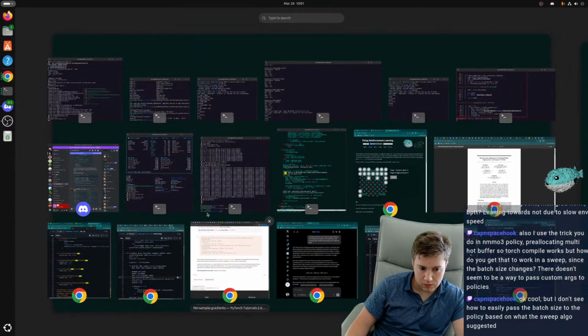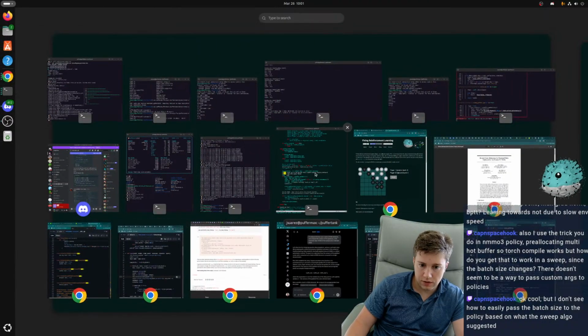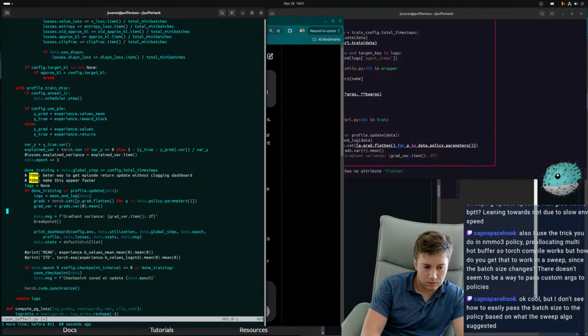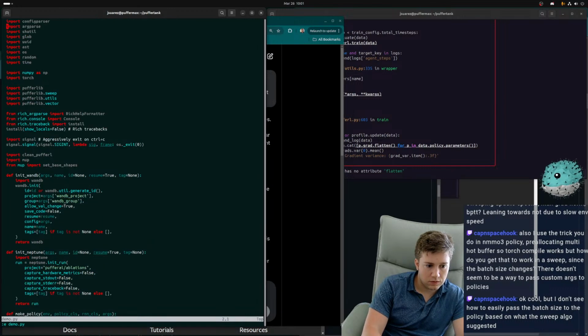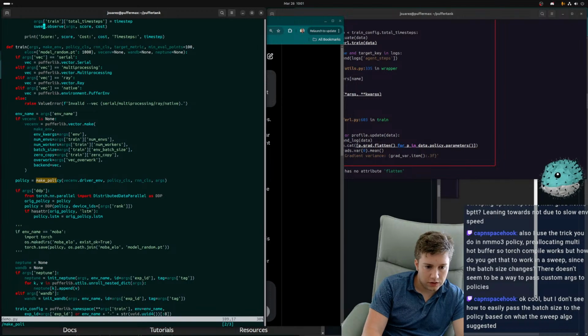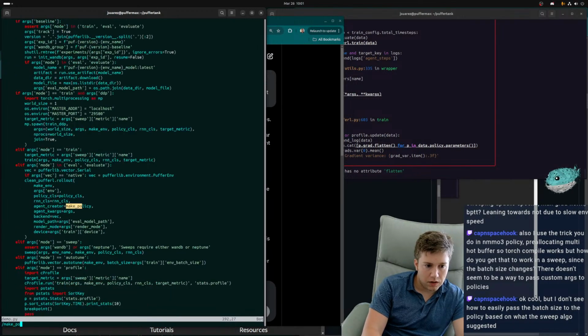In your demo code, if you want to do that, just pass it here, right? Or does this only get train args? No, this has args. Args is, hang on, make policy.